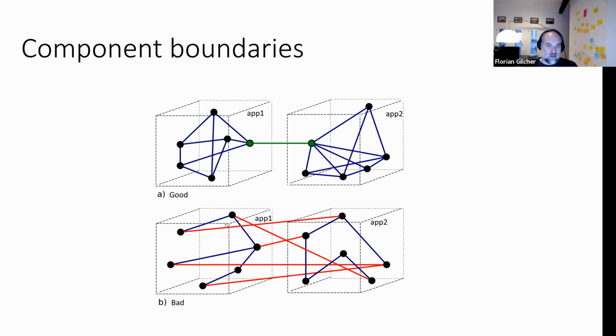You can see that here in the first picture, we see 2 components with a low coupling, in that they don't have a lot of touch points, and the nature of the touch point is also very interesting. So the one does not rely on a lot of internals of the other. And the second one being quite the other way around, a lot of internals of the one here are also relying on internals of number 2 and vice versa. So they're kind of cross-related and do know a lot about each other. And that is what is usually expressed by